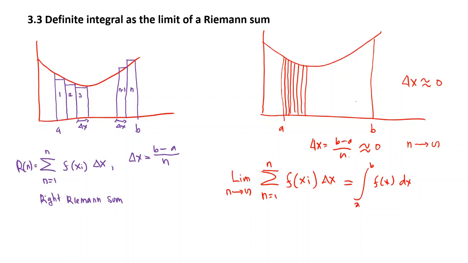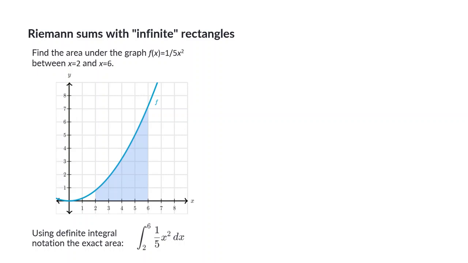So how can we prove this one? We can prove it by doing some trial and error. For example, let's say we are asked to find the area under the graph of f(x) equal to 1/5 x squared between x equal to 2 and x equal to 6. According to the definite integral concept, the solution is quite simple. It's the integral from 2 to 6, where 2 is a and 6 is b, of 1/5 x squared